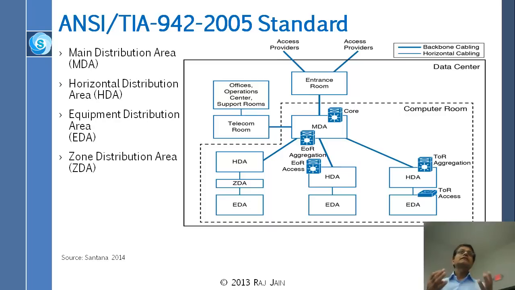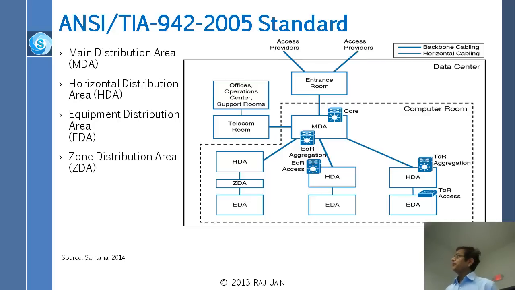All right. So ANSI is American National Standards Institute. TIA is Telecommunication Industry Association. So basically, TIA put together this standard, and then ANSI approved it. ANSI does everything, and TIA is only interested in telecommunications. So that's how it is. 2005 is the year, obviously, and TIA 942 is the standard, and there might be other similar standards that if you go to the TIA website, you can find them.